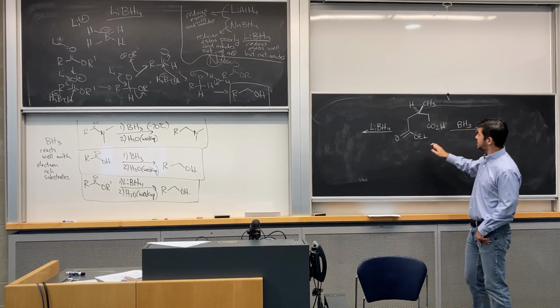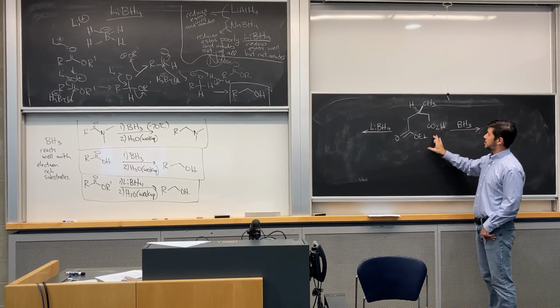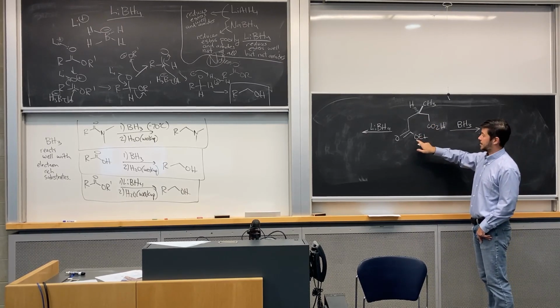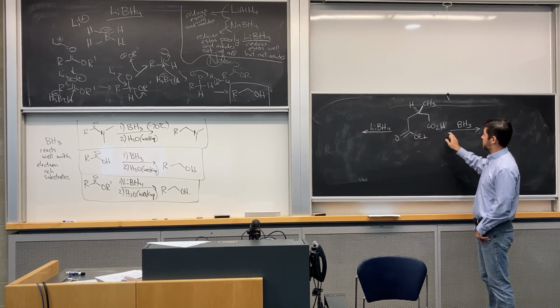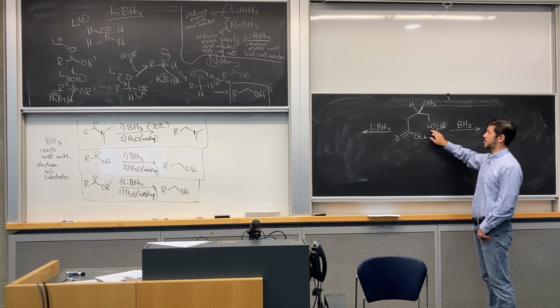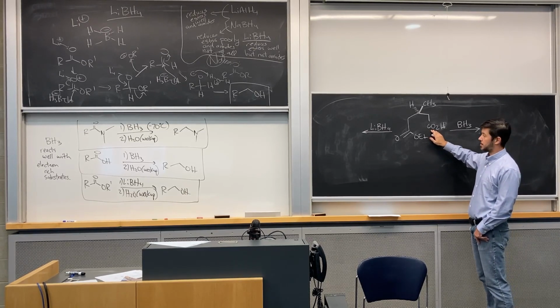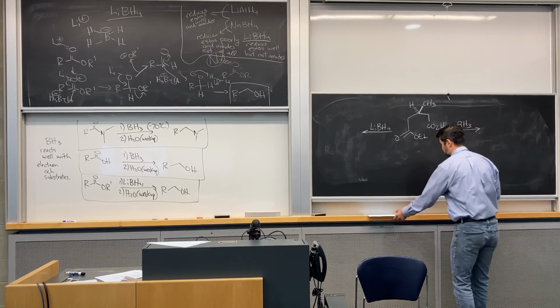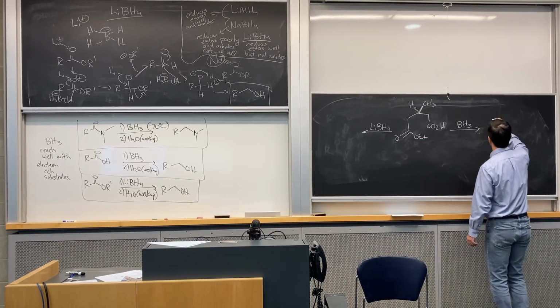If we take this molecule here, you can see it has a carboxylic acid, there's a stereocenter here, and then here we have an ester. So let's go through this. BH3, as you know, will react with carboxylic acids to generate alcohols. It will not react very well with esters. So that product will look like